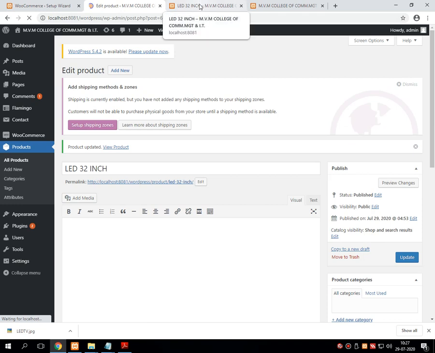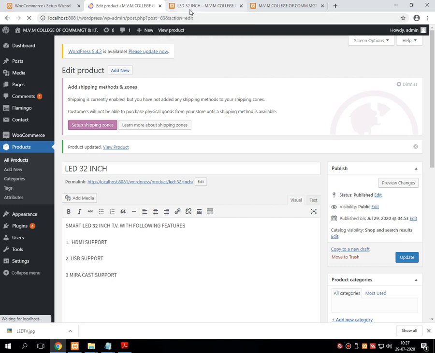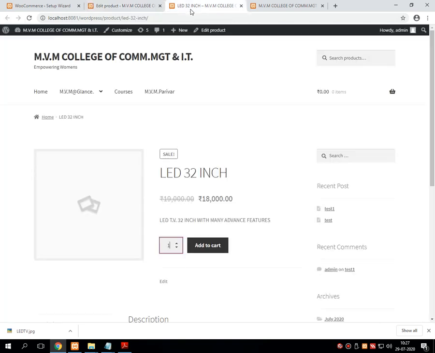Wait for a few seconds because it's very heavy software. It will take a little more time to update the product. Now once the updation is done, just refresh the page.